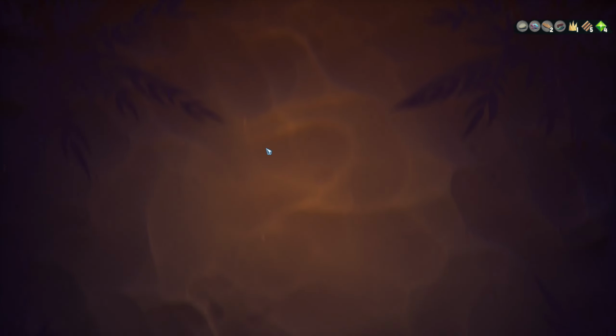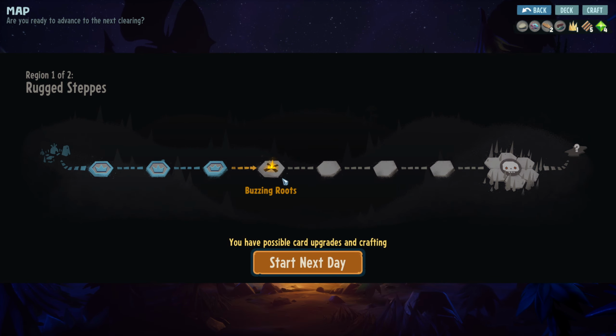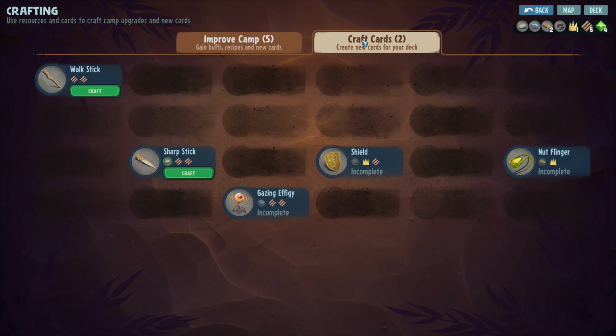Back to crafting. So what we can do now is, because we got planning offered us +1 scouting level. When we go to the map, we can see that the next place we're going is Buzzing Roots, which I think is going to be an encounter with lots of bees. So if I could get something like an attack with... So if we go back to crafting, we'll see we can probably make...